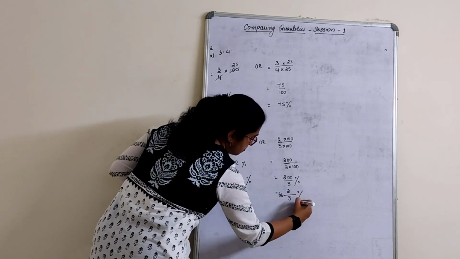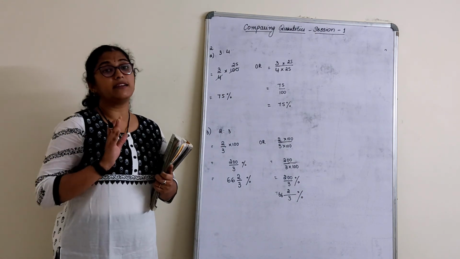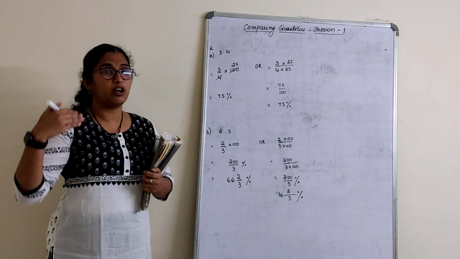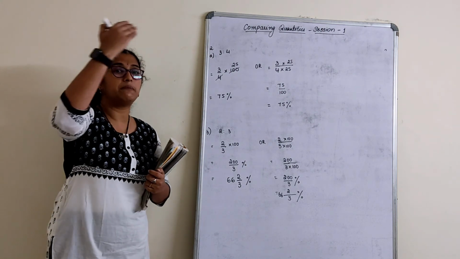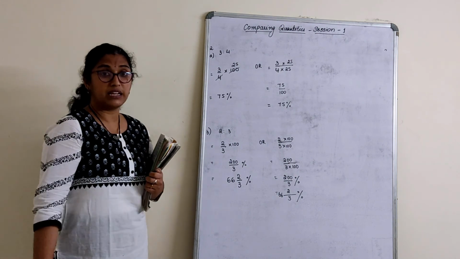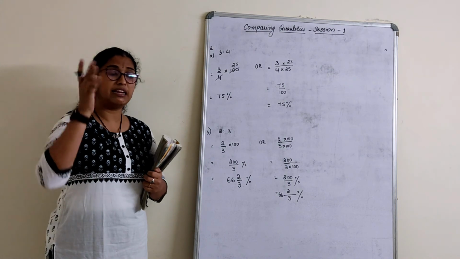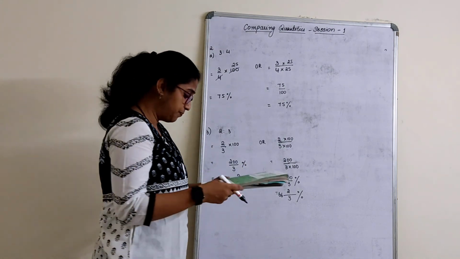366 2%. Same you get in both the places. Make the denominator in terms of 100, and when you make that denominator in terms of 100, you have to multiply the same number to the numerator also. Both the methods I have done. I want you to do the sum by both the methods. It's only 2 sums there. Later you adopt whichever is simple.